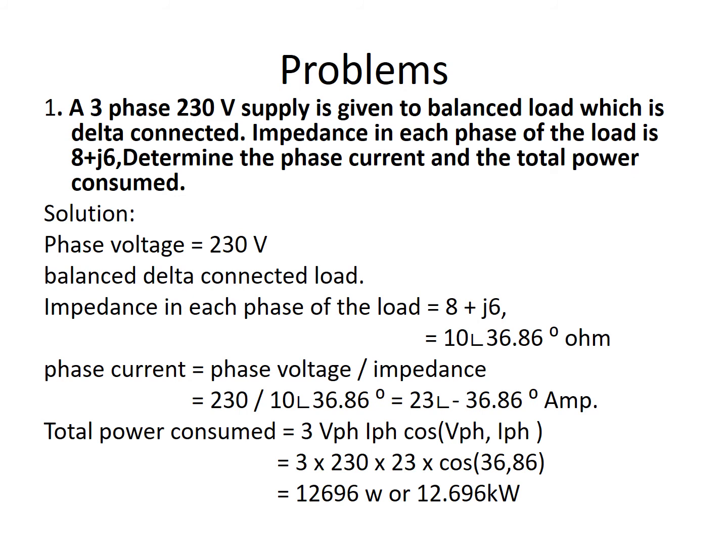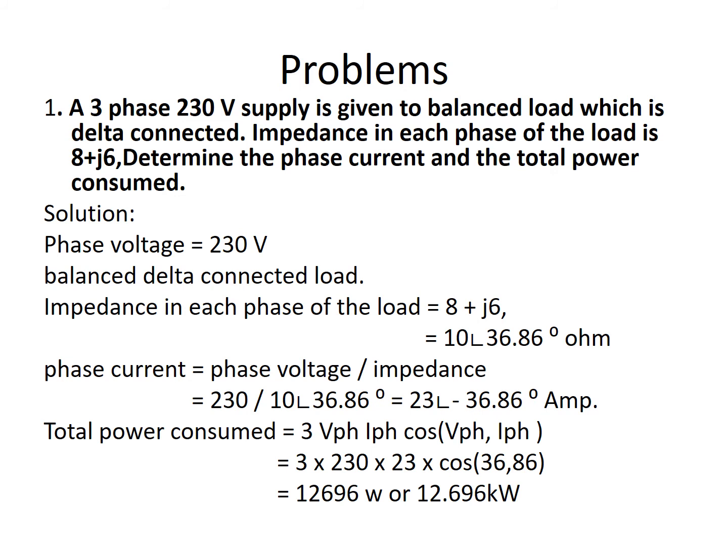So 230 divided by 10 with an angle 36.86, you get the phase current 23 with an angle minus 36.86 degrees. For total power, you can either calculate root 3 VL IL cos phi or directly 3 into VPH IPH cos of the angle between